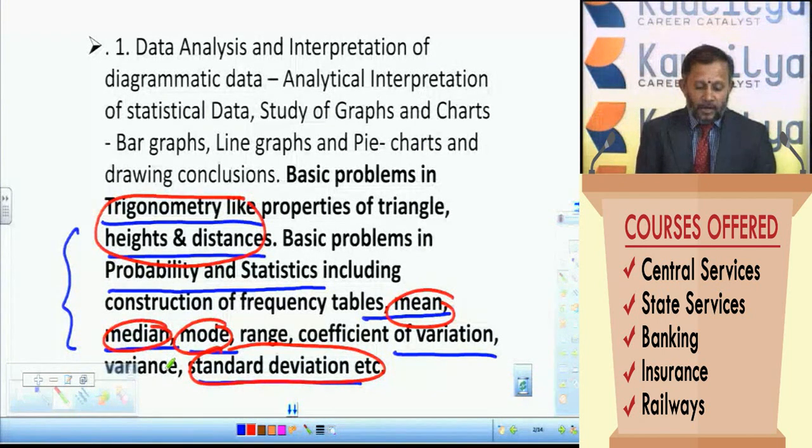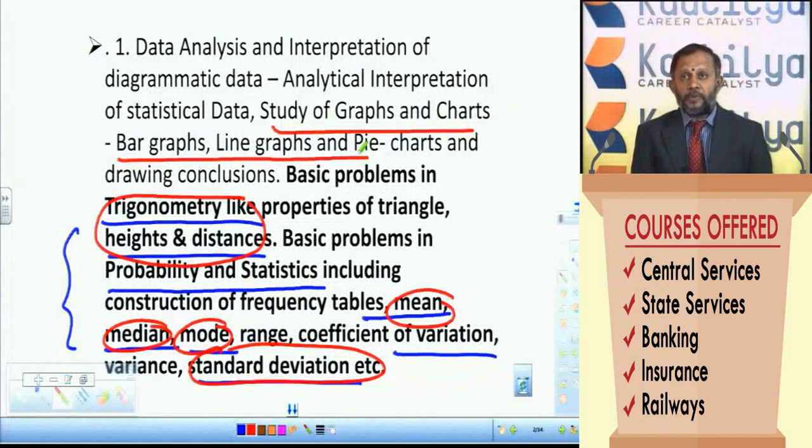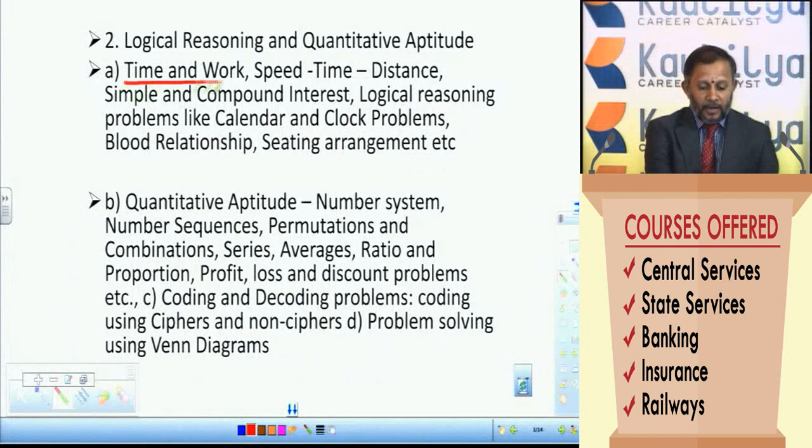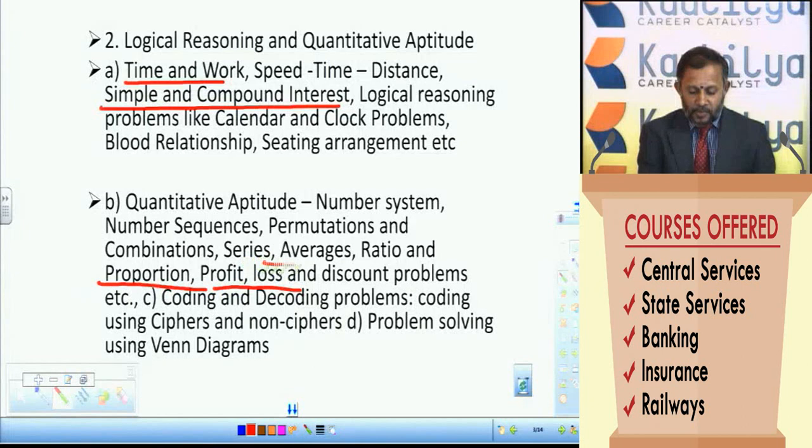And of course the remaining concepts like graphs, tabular forms. If you go through the previous papers of 2012, 2014, we can find many questions regarding graphs, tabular forms and pie diagrams. The only point is that this time you have to concentrate more on trigonometry and then basic concepts of statistics. Coming to quantitative aptitude, we can have a basic knowledge in time and work, time and distance, but as we said earlier, simple interest and compound interest, and then percentage, profit and loss, and the basic concepts of average.